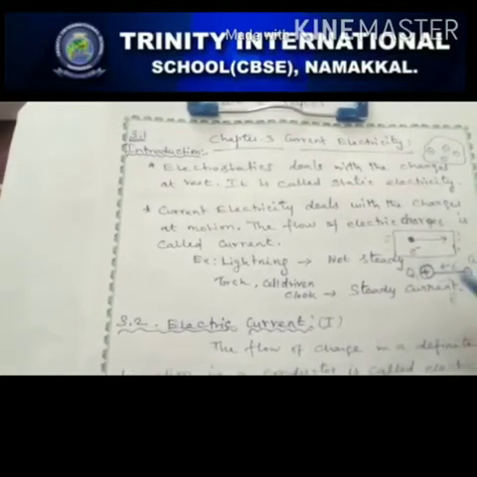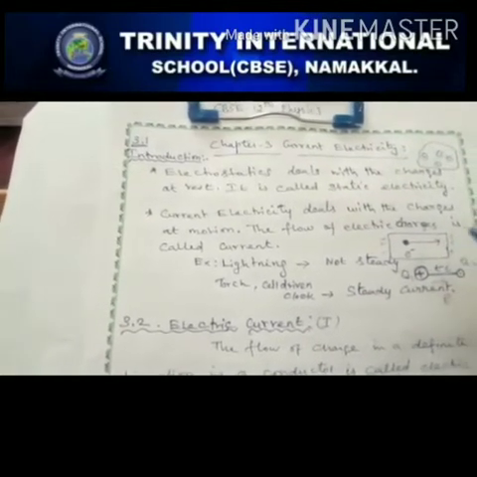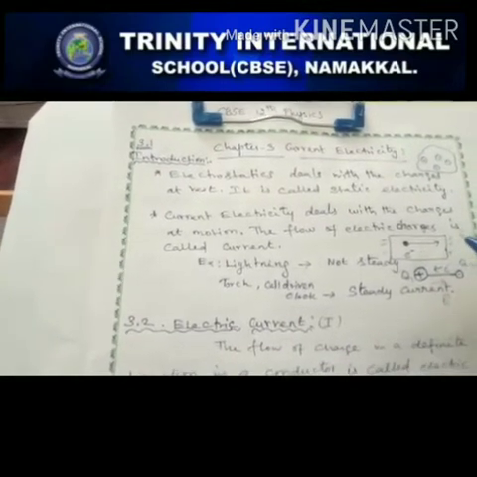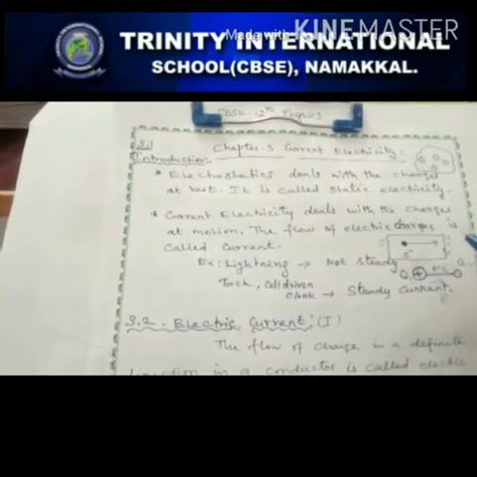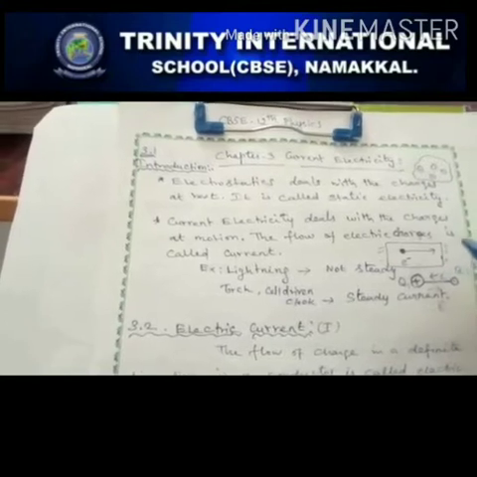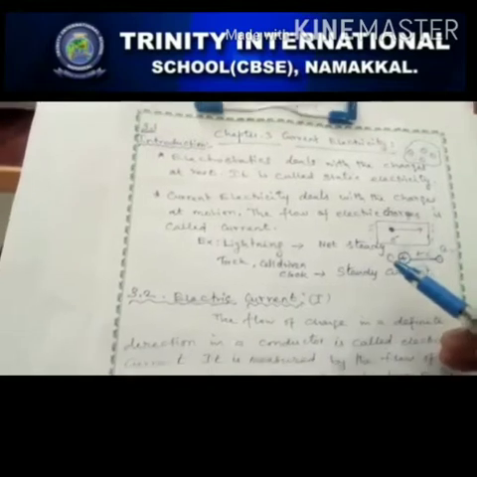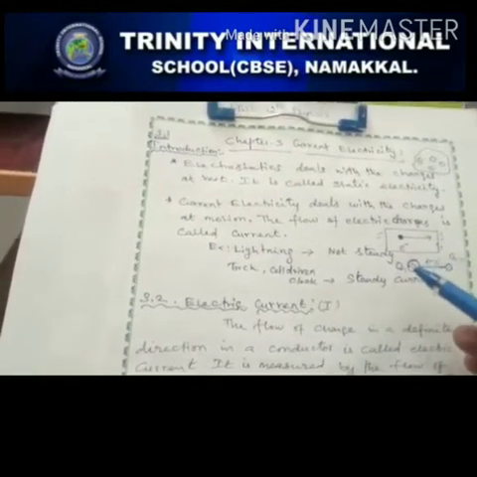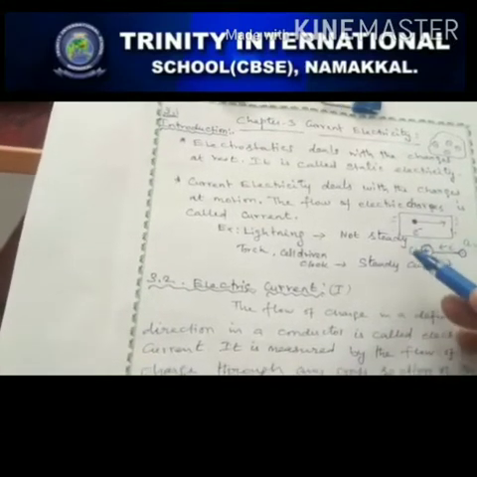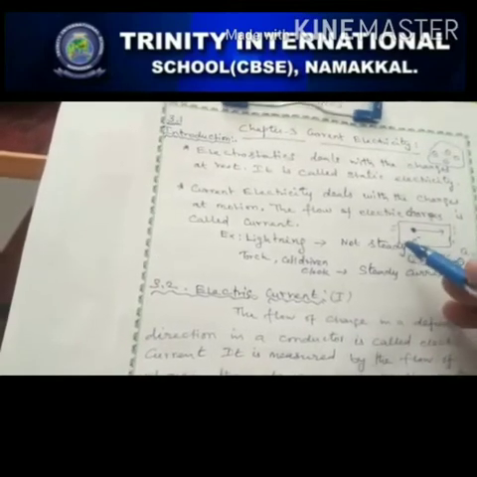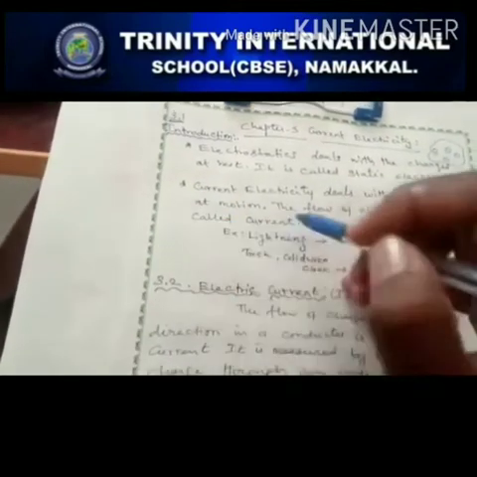Simply, we can say the flow of charges, any positive charge or electrons, in a definite direction is called electric current. It is the flow of charges or electrons in a definite direction by the application of an electric field or potential difference between one point and another. So this is called electric current. The study of various currents in various circuits and branches is called current electricity.